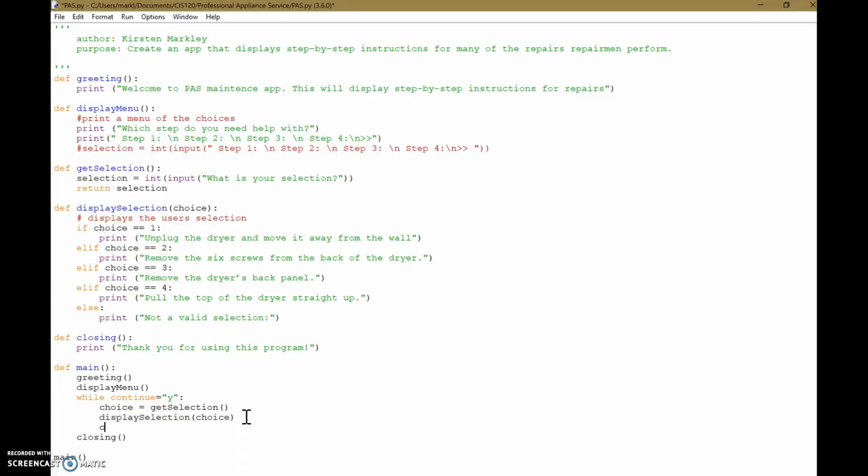And then continue equals input select again. So the point here is that I would have to put a continue equals y during the first time. So the idea here is that now I will print the menu just one time, and then as long as the user wants to choose other selections, I'm just going to display